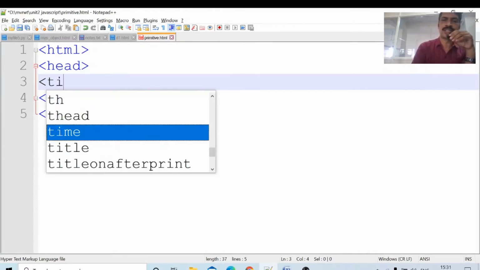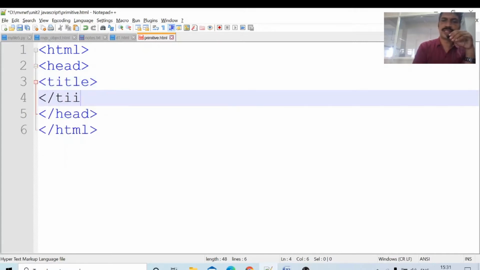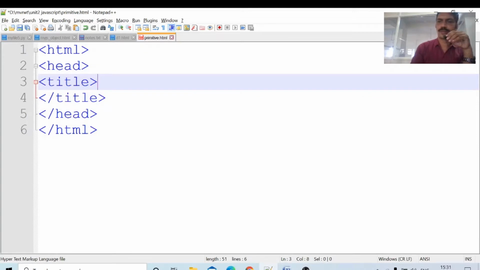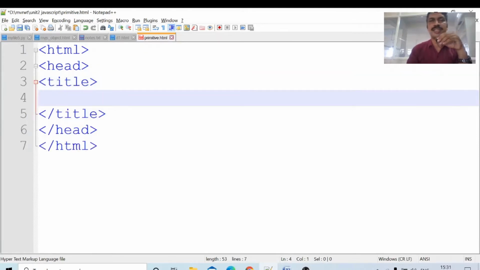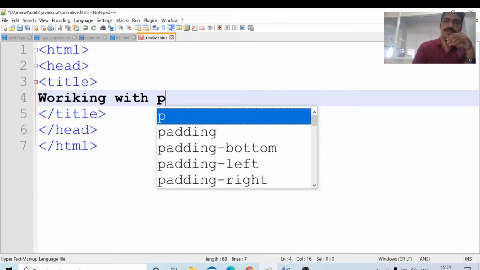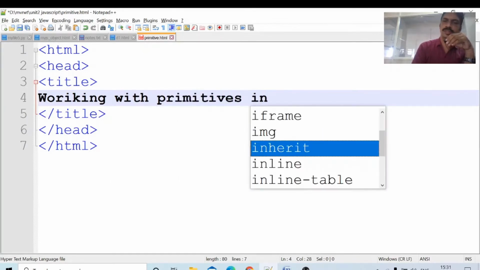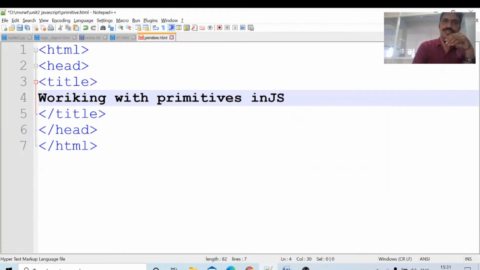Title, slash title. In title I will write, working with primitives in JavaScript, JS.